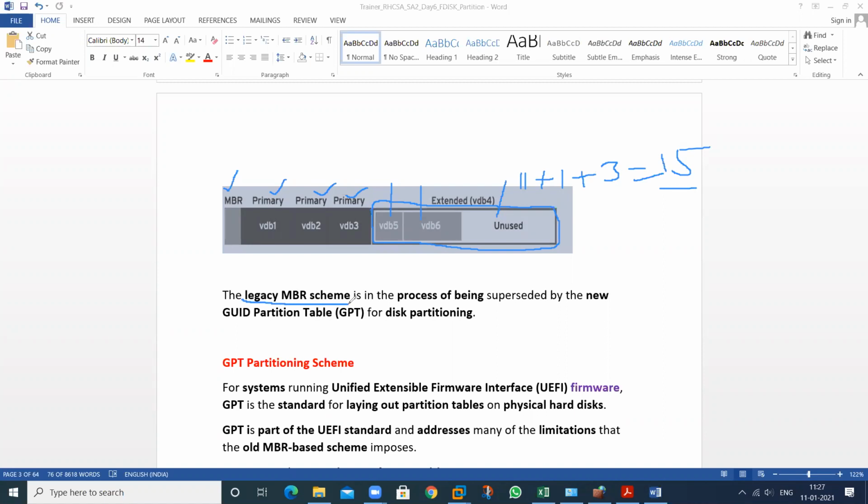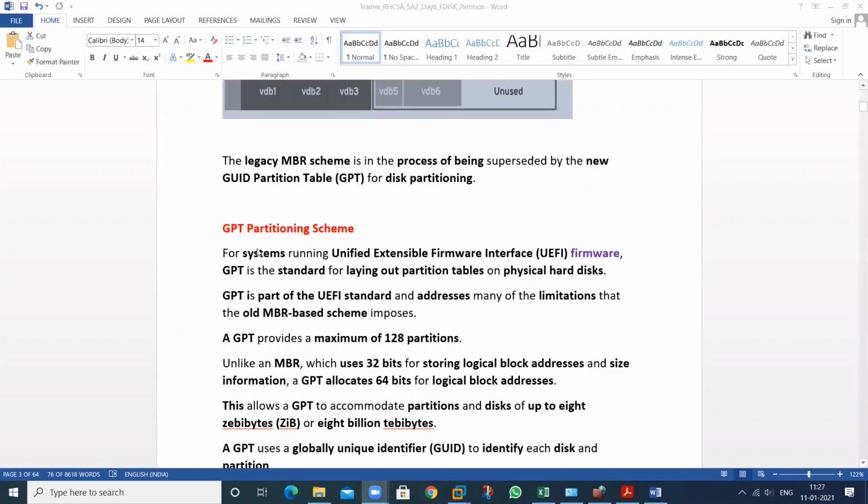So these 2 types of scheme we can use. The first one is MBR. The second one is GPT. This is the new disk partitioning functionality. So what is GPT? It supports UEFI BIOS.